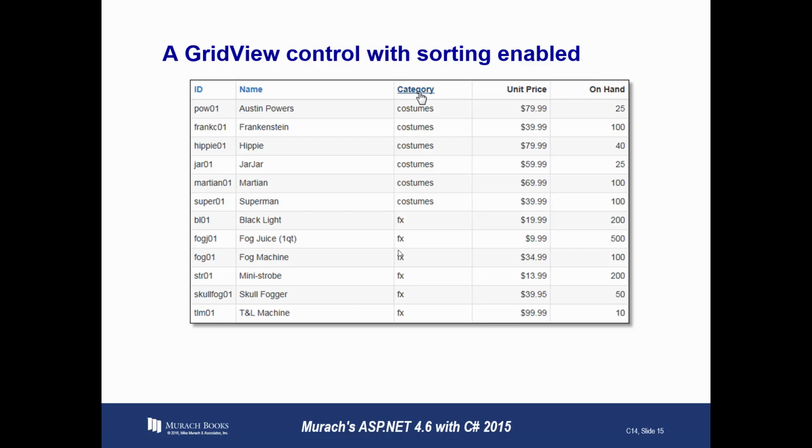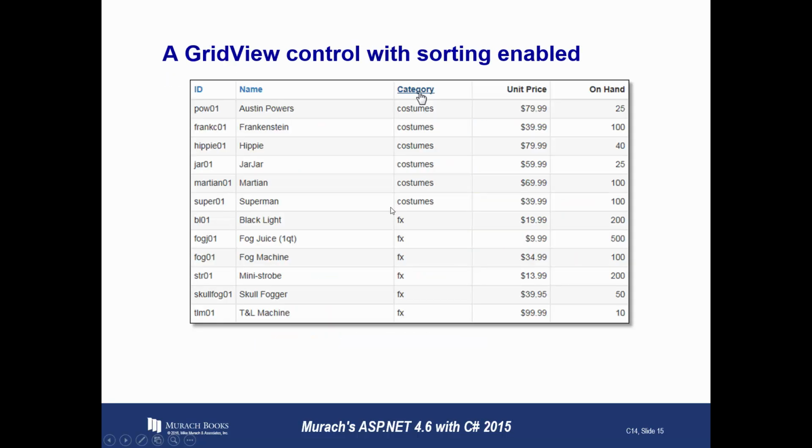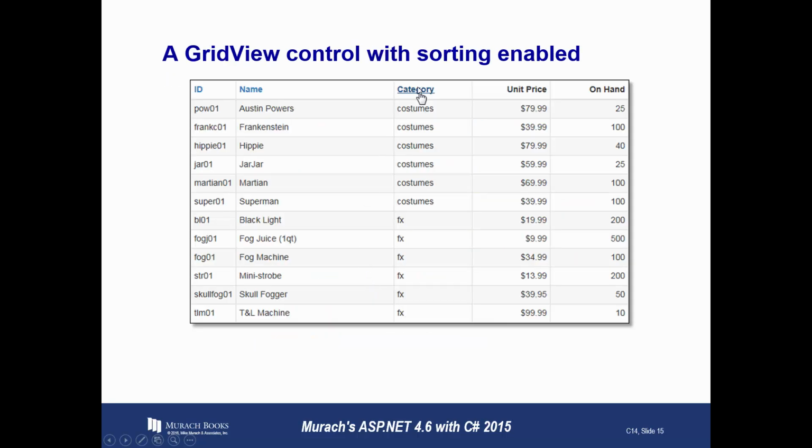If you want to enable sorting, you have to go in there and set the allow sorting property to true. Then you can set sorting expressions. So here we've got product ID and we've got name. If you want to sort on two fields, which is what we have here, category and name, if you highlight category, it does it first by category and next by name. That's why these are all in alphabetic order, all the costumes, and why these are all in alphabetic order by